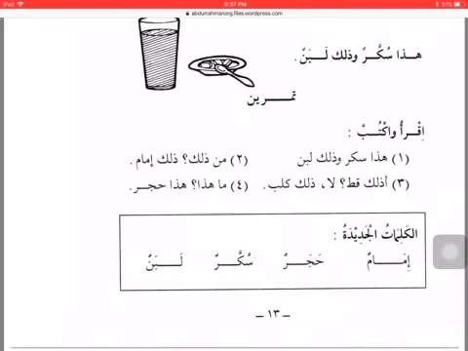We also learned how to ask the question who by using the word man. Lastly, we learned how to point at something that's far, and the word for that was dhalika. It translates into that. And alhamdulillahi rabbil alameen. Please review, do the